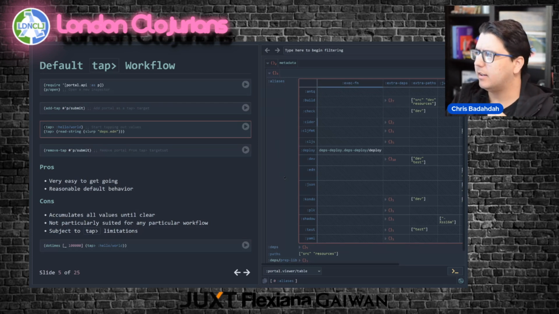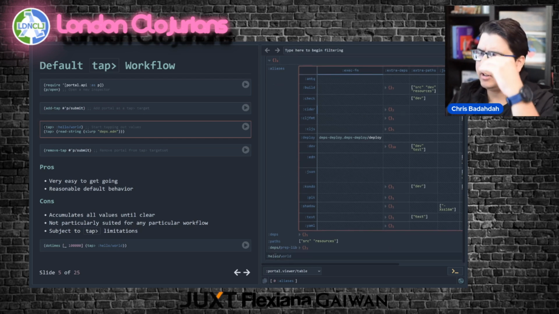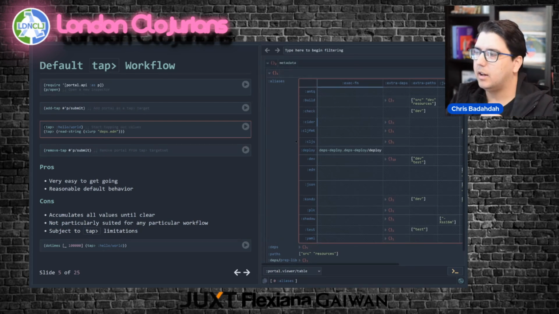Kind of behaves relatively reasonably, and that things are kind of added inverse chronologically, and that the things you tapped earlier end up at the bottom, because browsers tend not to scroll, right? So you just want to keep stuff at the top usually. So I would say it's reasonable defaults.